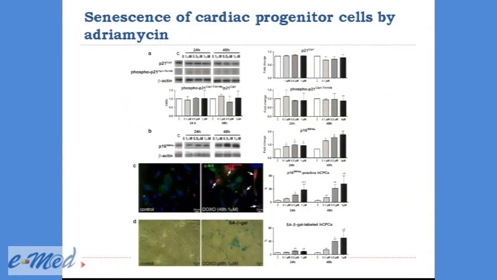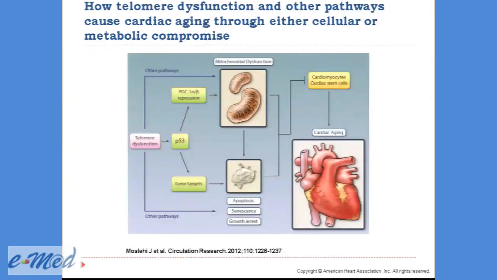The same about cardiac progenitor cells. Even they reveal senescence markers after exposure to adriamycin. Therefore, we know the telomere shortening and resulting telomere dysfunction will cause cardiac aging through different mechanisms, but they are